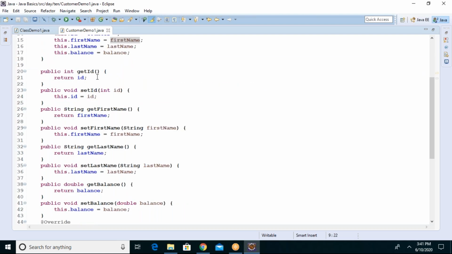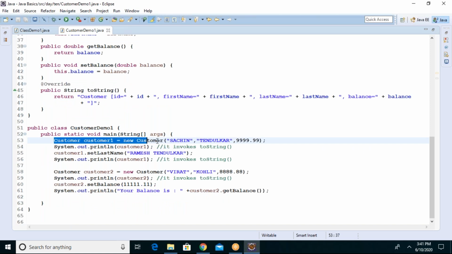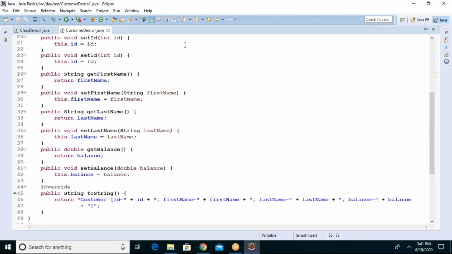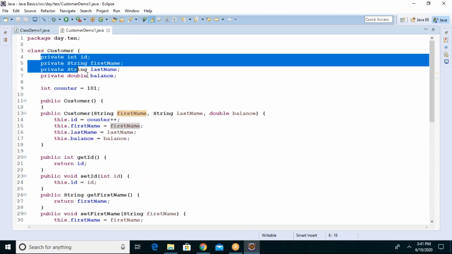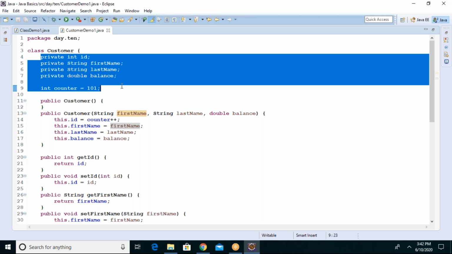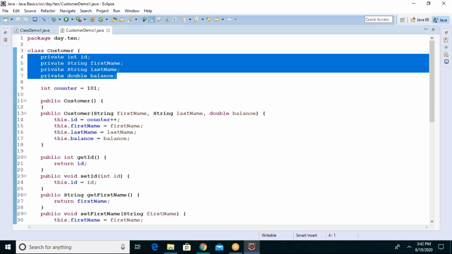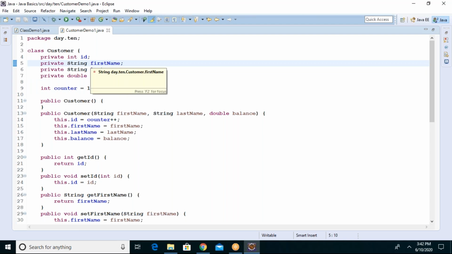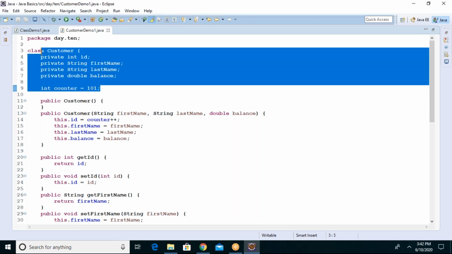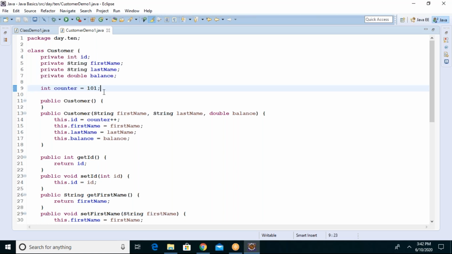Why is it initializing the same value? Because whenever you create an object, along with the object all the variables are created new, including this. There is no difference in the declaration of this variable and the other variables, except the private keyword. This is also an object variable. So for every object, ID, first name, last name, balance are created. Similarly, for every object, counter is also created with a new value called 101.